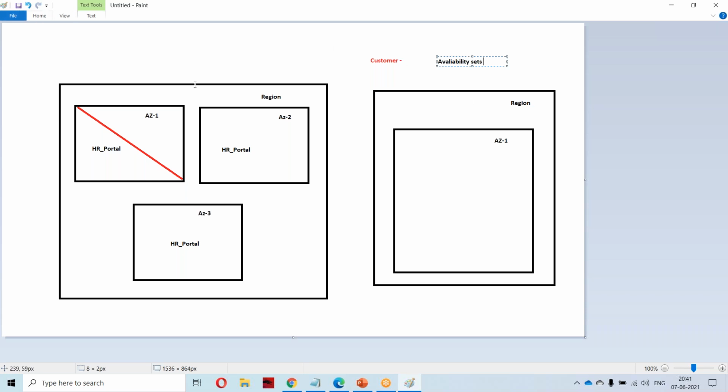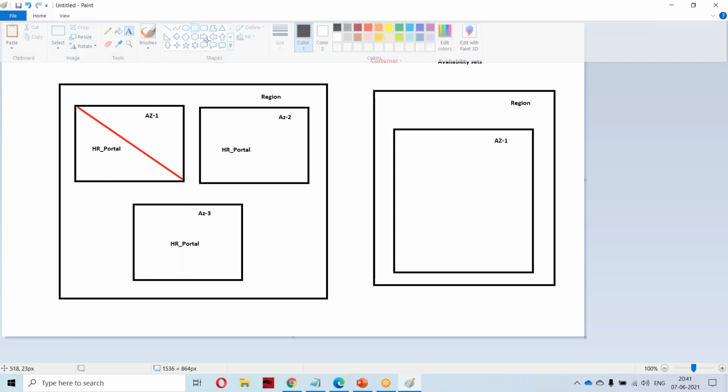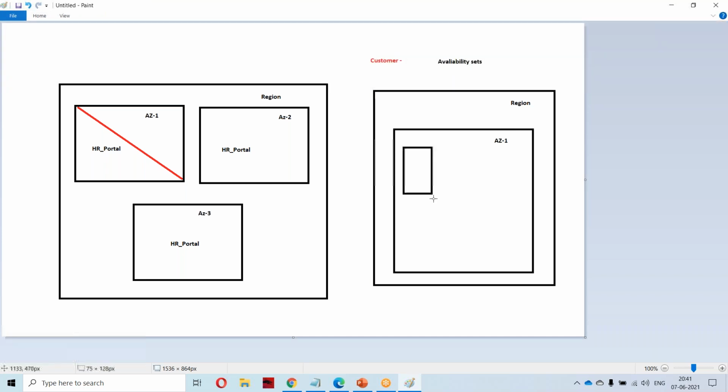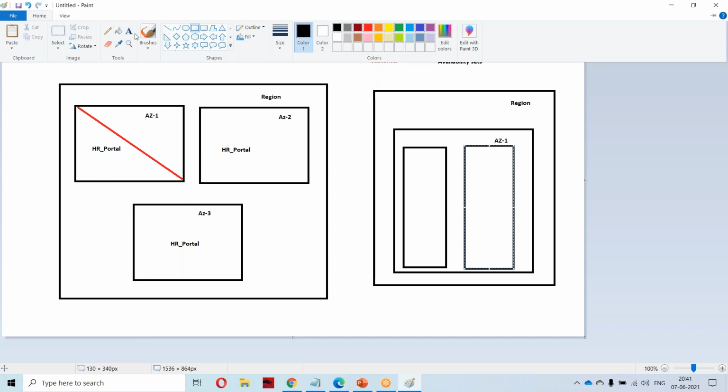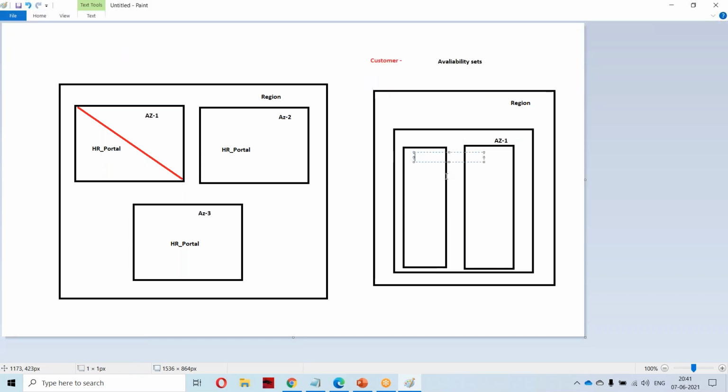In that particular data center, in that particular region, you will have different racks with individual servers. These are called fault domains. These are called FD, fault domain.